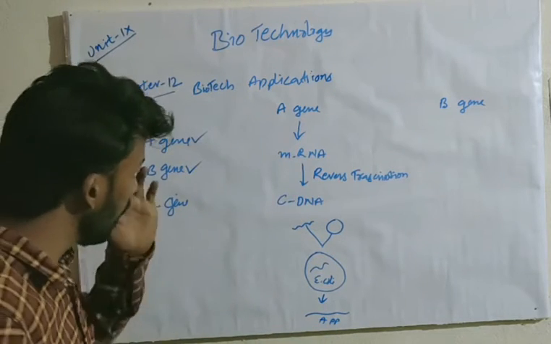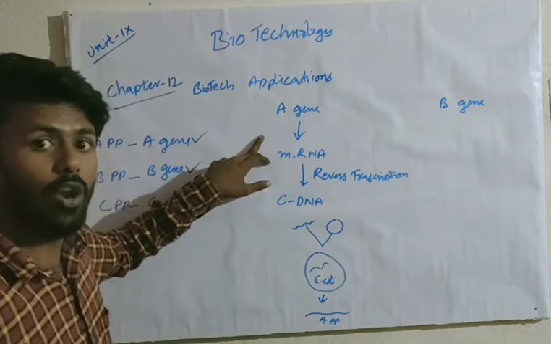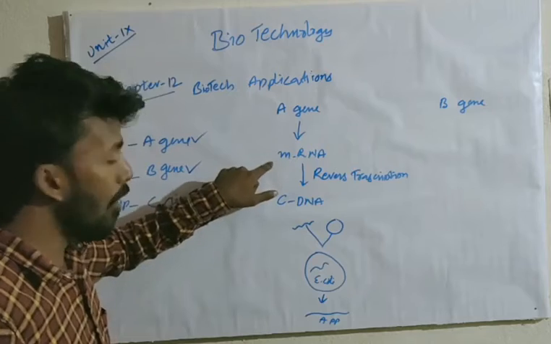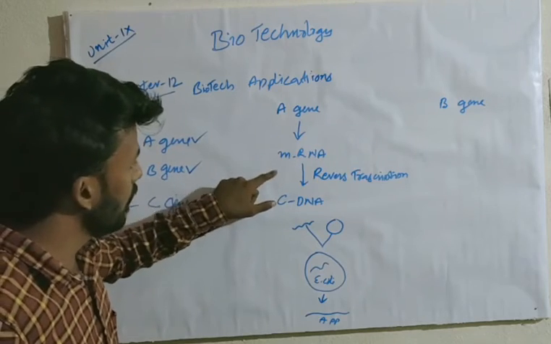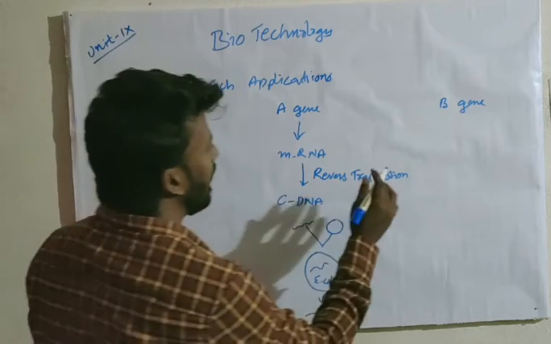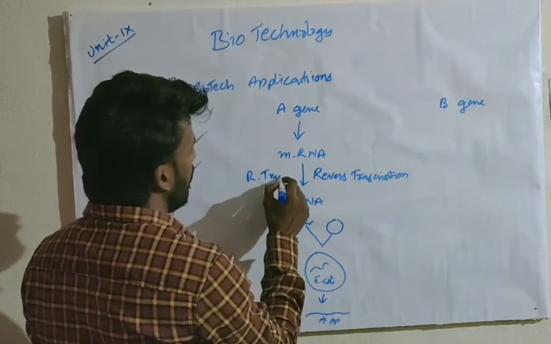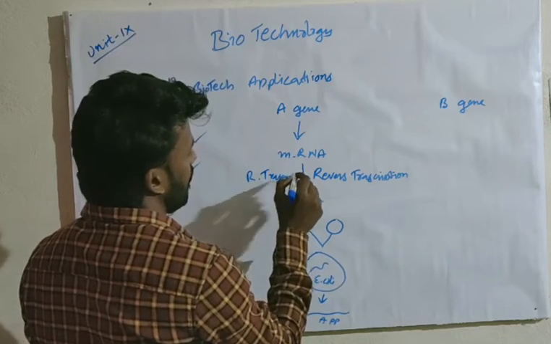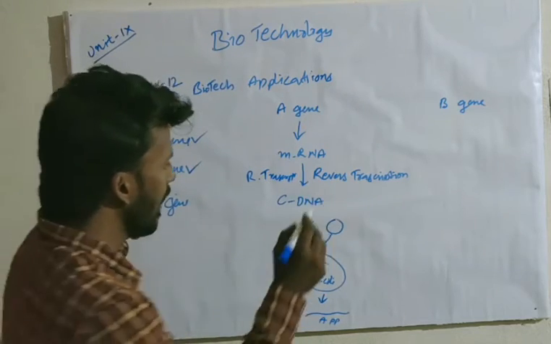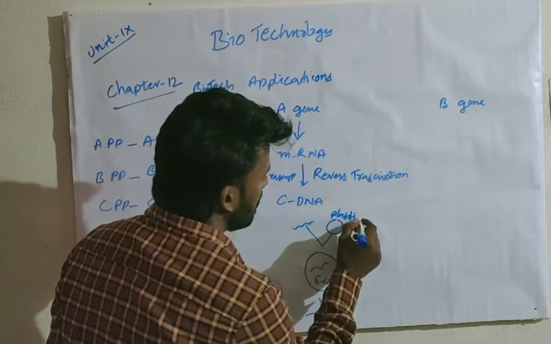It is very simple. First they isolated the gene, and this gene was allowed to transcribe. After the transcription, they did reverse transcription through the reverse transcriptase. Okay, the enzyme is reverse transcriptase. cDNA will form, and the cDNA